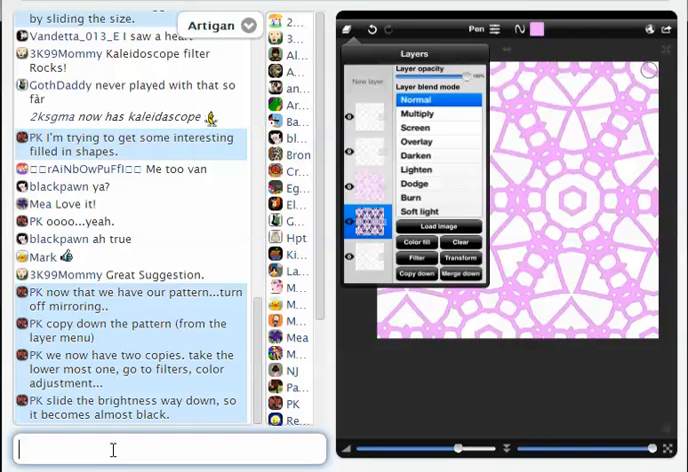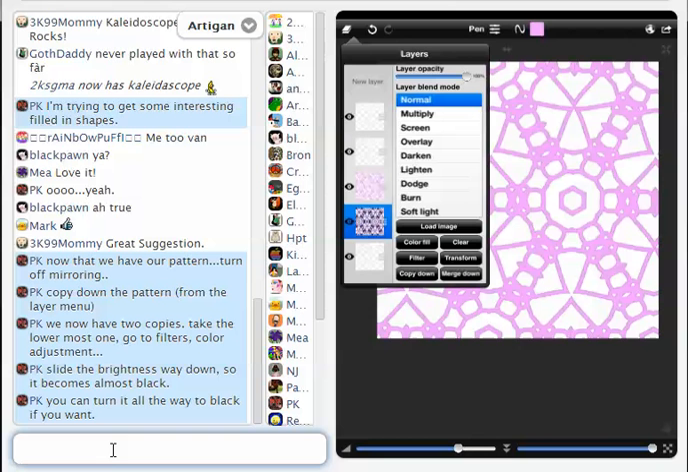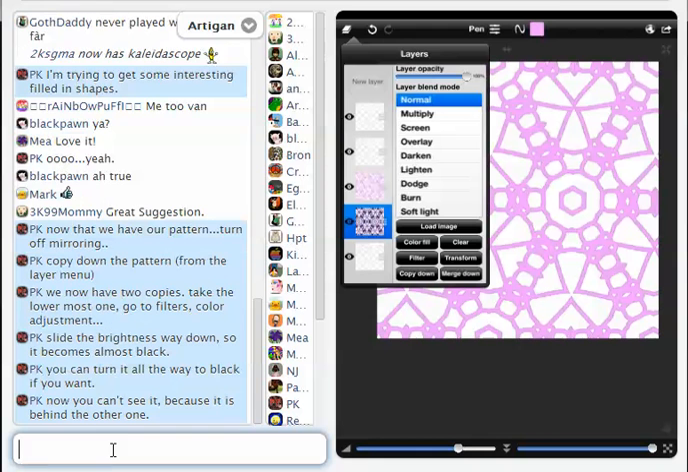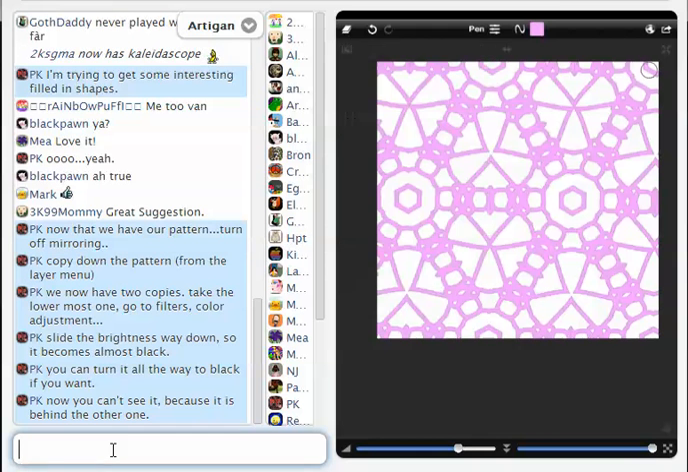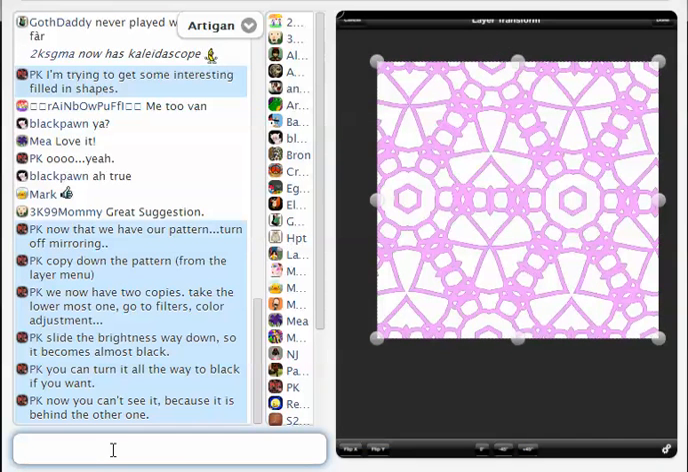So now you can barely see it because it's behind the other one, but we're going to fix that in a second. We now have the two layers. We have the upper layer, which is the lighter pink, and the lower layer, which is identical to it except for a darker color. And I'm going to go to my handy dandy transform